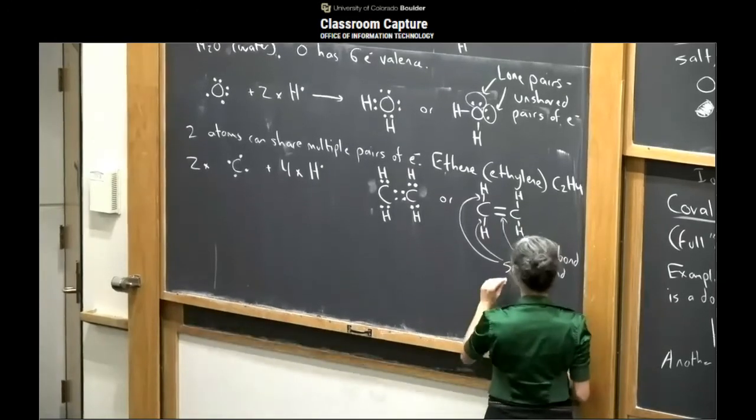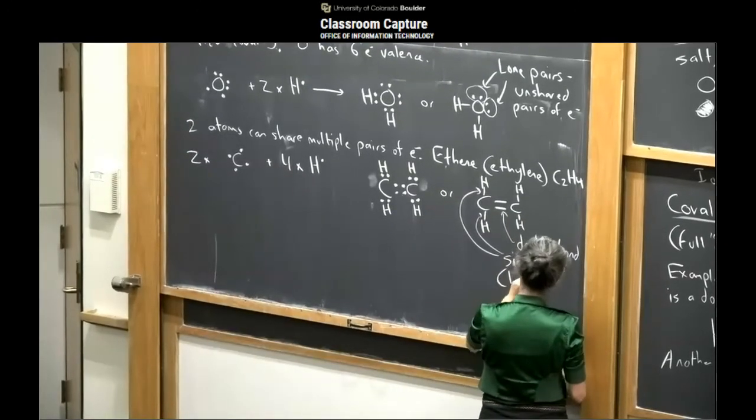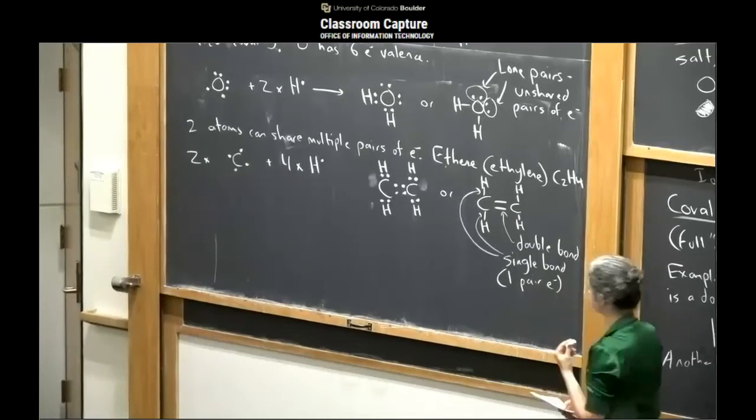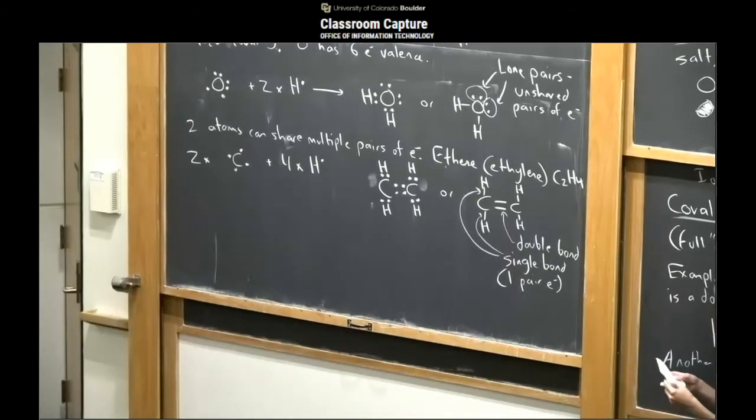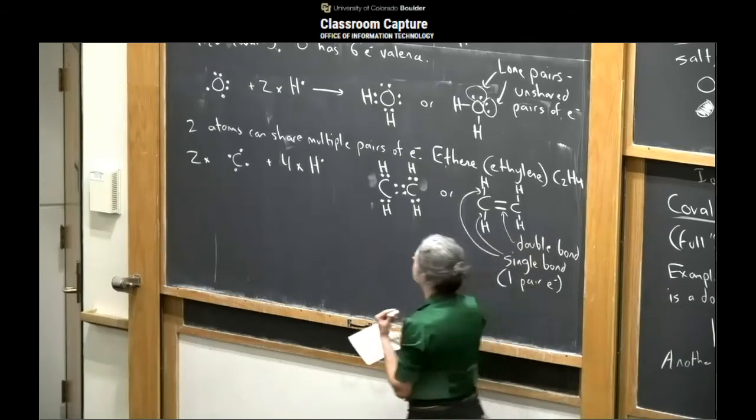So the single bond is 1 pair of electrons. Okay, questions about that example? Okay, cool. So we can push this even further